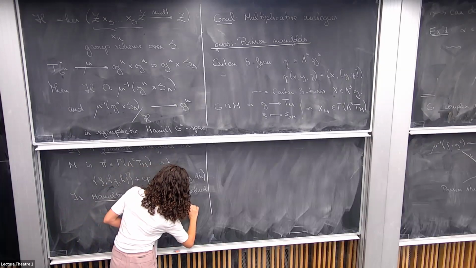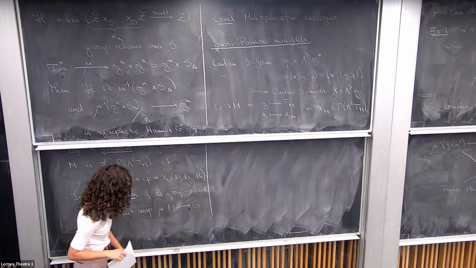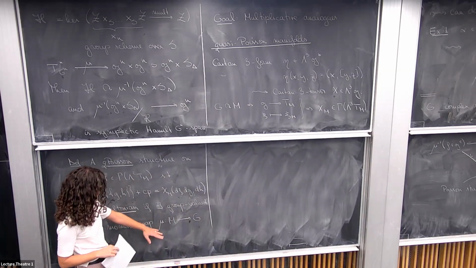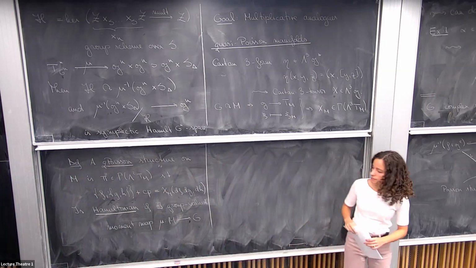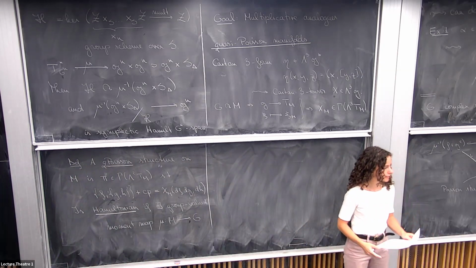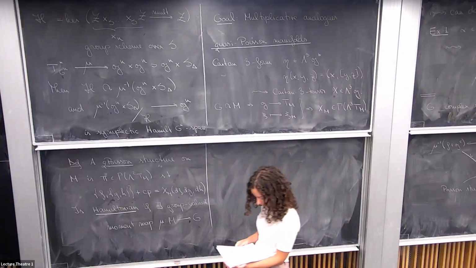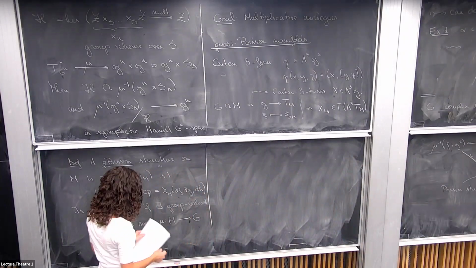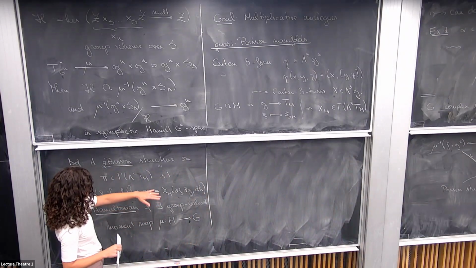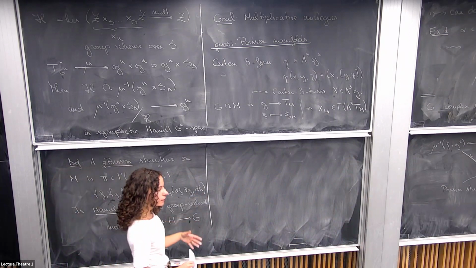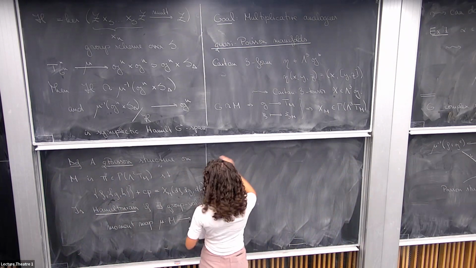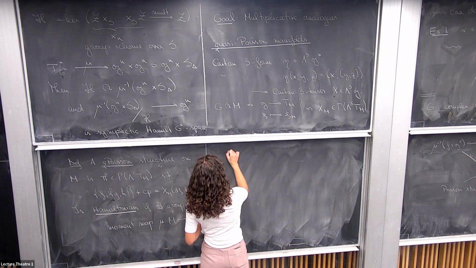So now I take values in G, and this satisfies a condition that's kind of analogous to the usual moment map condition, which I decided I wouldn't write down because we're not going to use that. So these are kind of multiplicative analogs of Poisson manifolds, and they have the property, if they're Hamiltonian,